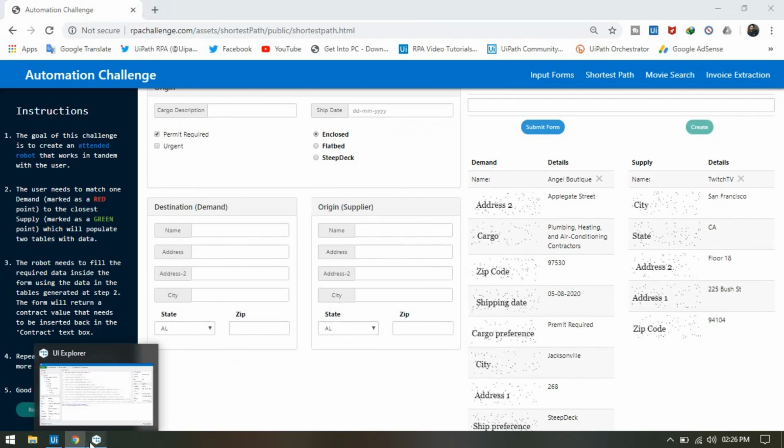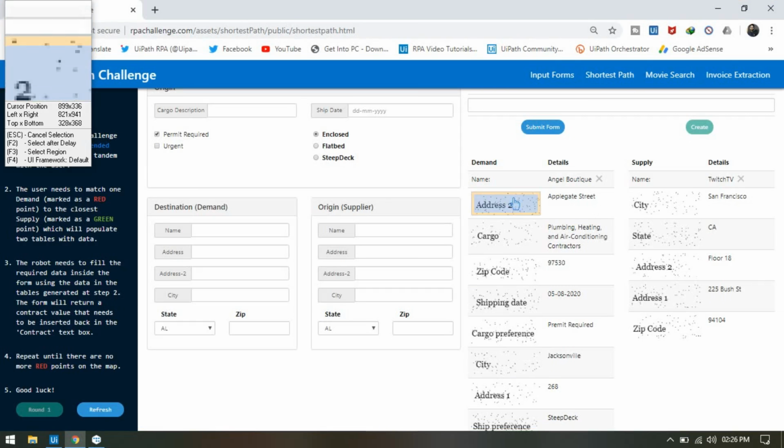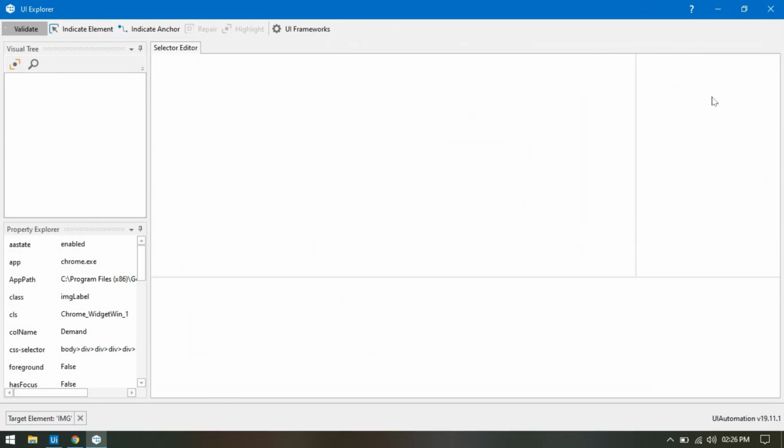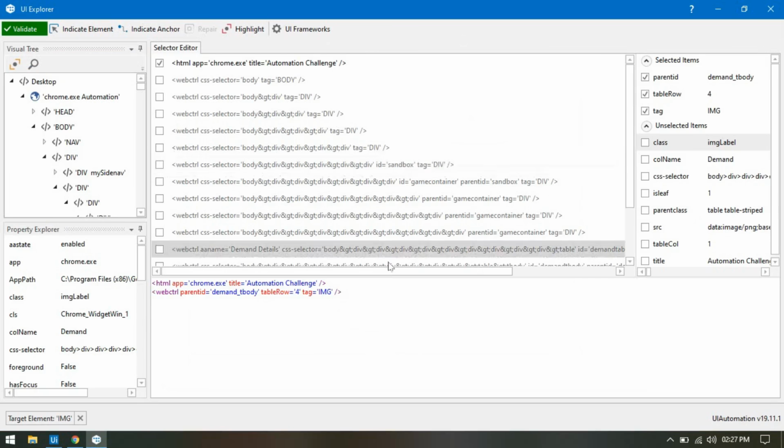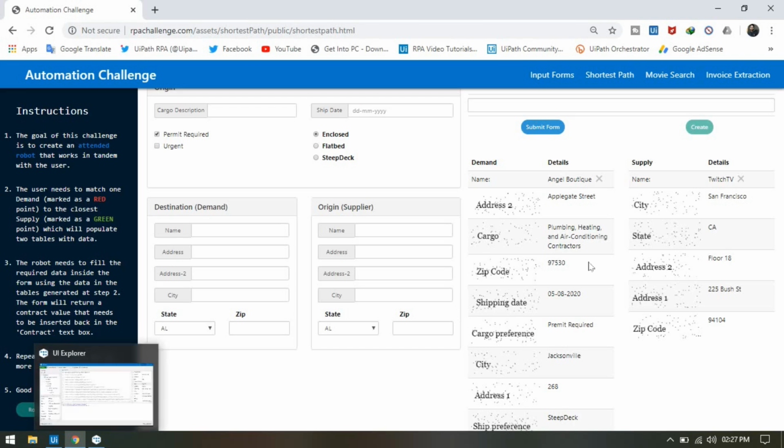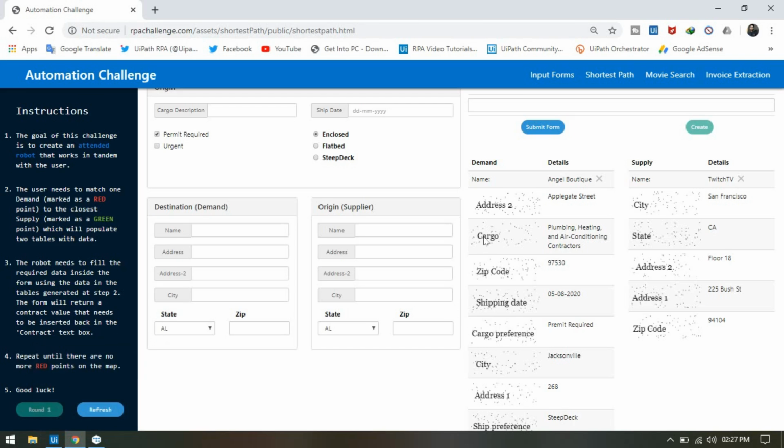So you can see the counter, the table row is third, and this is the table row 4. So for this cargo, the table row is 4, that's why we are increasing plus 1. So counter will be 4, it means the table row will be 4.